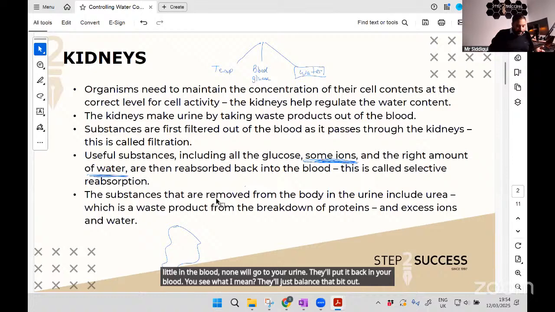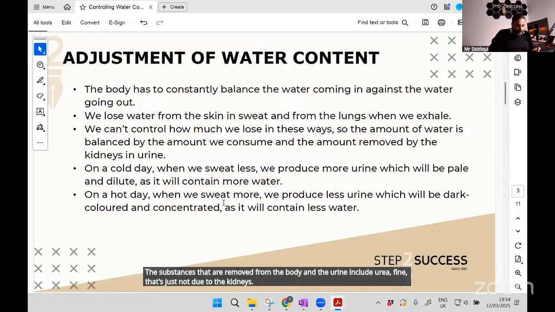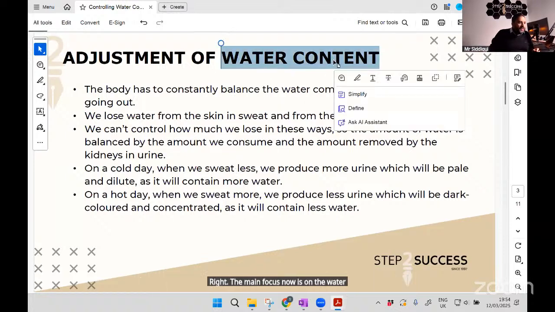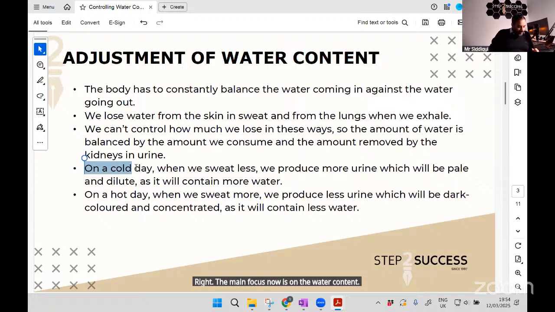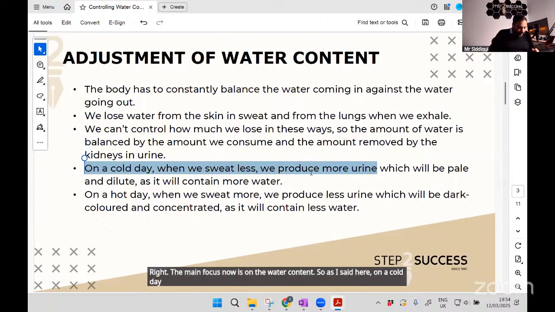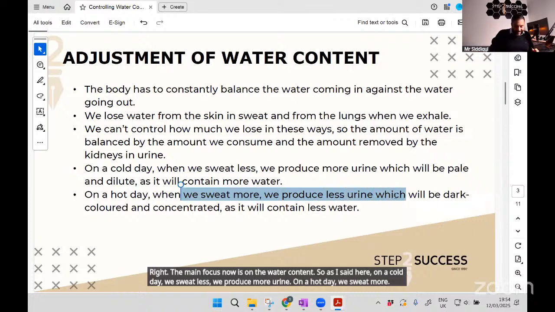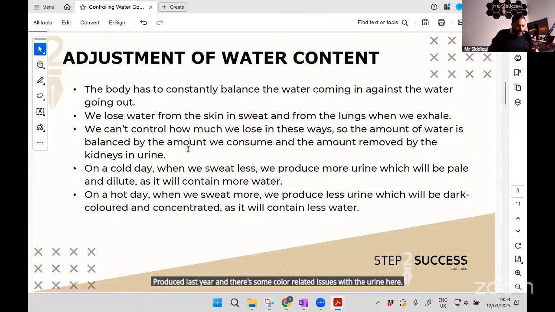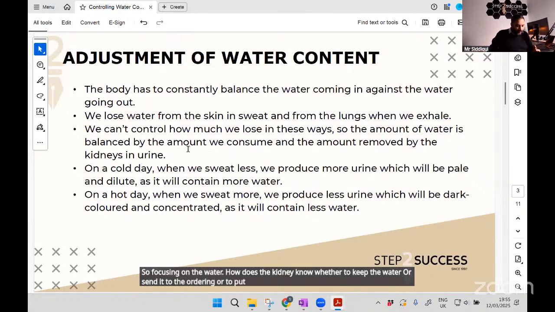The substances that are removed from the body in the urine include urea. Fine, that's nothing to do with the kidneys. The main focus now is on the water content. So, as I said here, on a cold day, we sweat less, we produce more urine. On a hot day, we sweat more, produce less urine. There's some color-related issues with the urine here. So, focusing on the water, how does the kidney know whether to keep the water or send it to the urine or to put it back in the blood? How does it know? The answer is